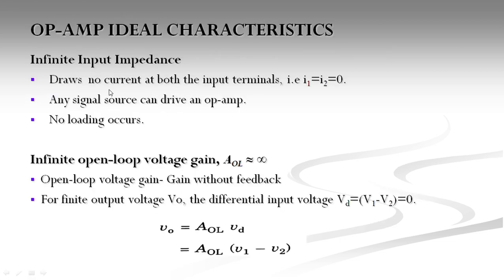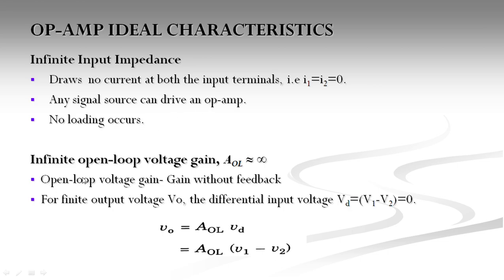First, we'll see about the infinite input impedance. The ideal operational amplifier will draw no current at both the input terminals, that is, the current entering into the input terminals of the operational amplifier is zero. It has an infinite input impedance. So, any signal source can easily drive the operational amplifier, and no loading effect will occur on the driver